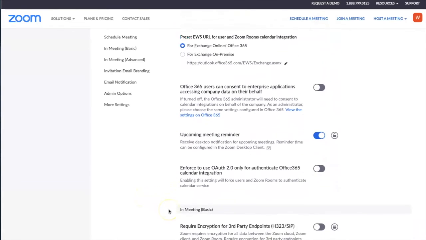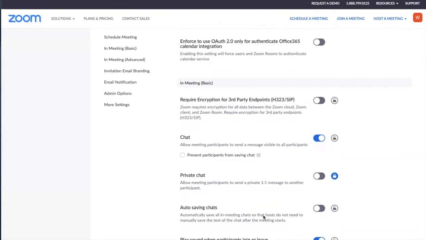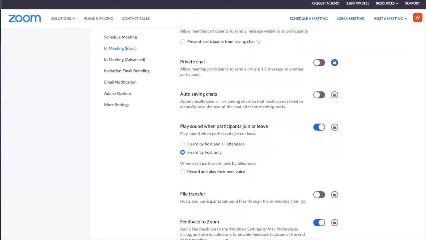Let's scroll down a little bit farther here, and you'll notice that we have private chat turned off, and it is locked. We do not want students to be able to private message one another, and we are also limiting the option for you to private chat with them. If there's something to be said, it can be said publicly in the chat room. And if it is something that needs to be addressed personally, there is the function of sending an email to those students.